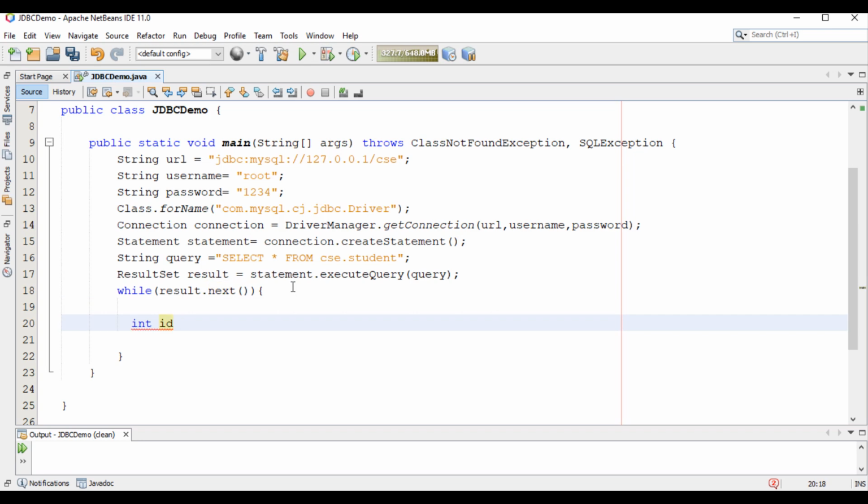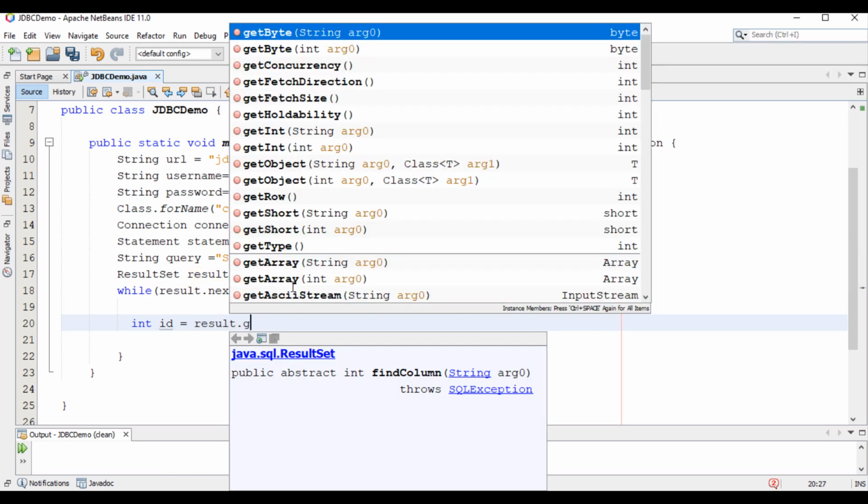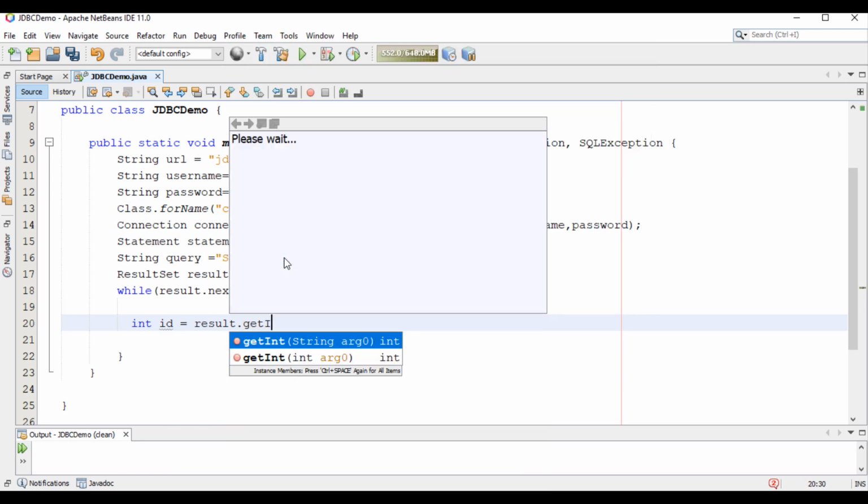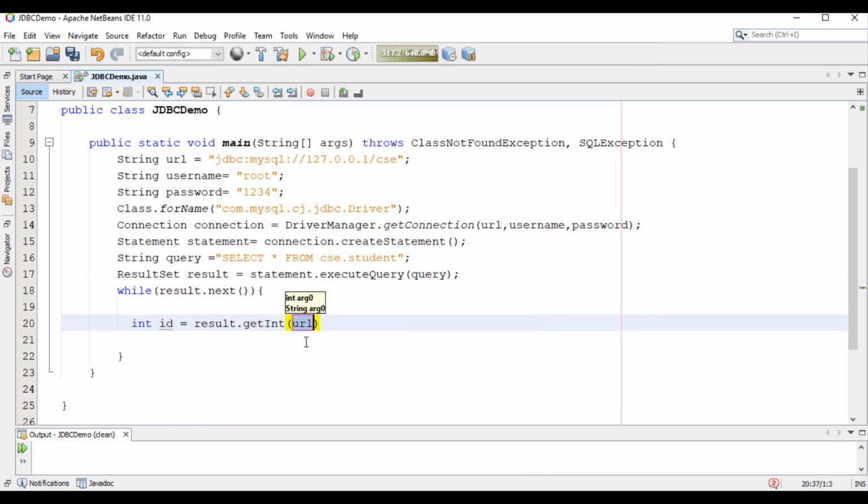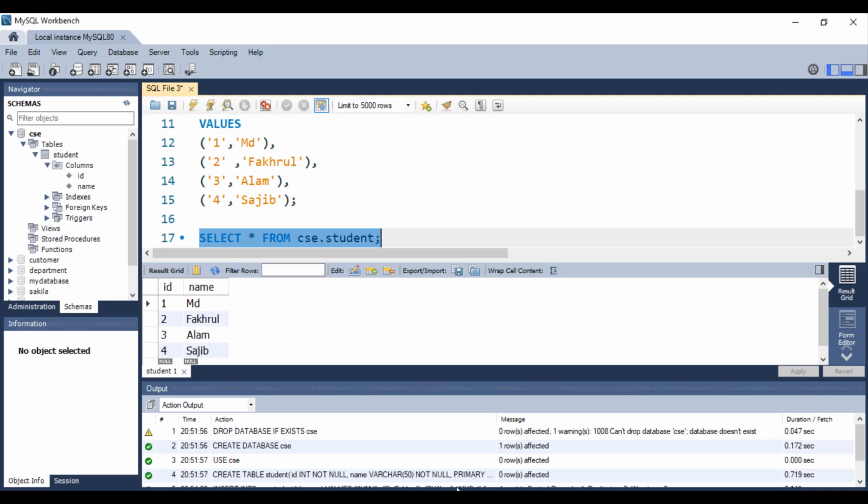Integer id, you can give any name, equal result dot getInt. Here you have to give the column name. If you go to MySQL, the column name is id. Type it carefully because if you give the wrong name, we will get an error. First one is id,